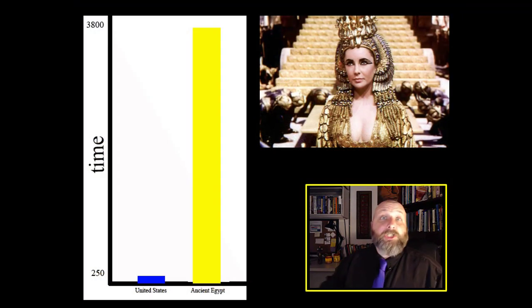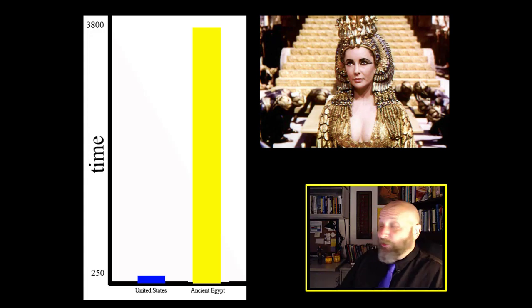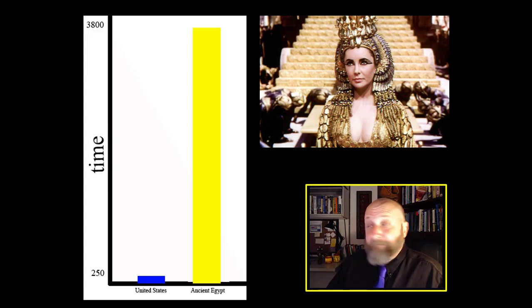Now, the first thing you need to understand about ancient Egypt is that it is very, very old. Egypt is very, very old. All right. And I've made this little chart you can see there on the left. The blue is the entire history of the United States of America. You and I are at the top of that little blue column. George Washington and Thomas Jefferson are at the bottom of that little blue column.